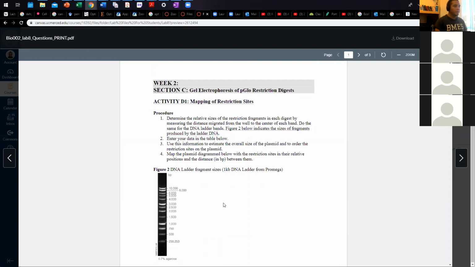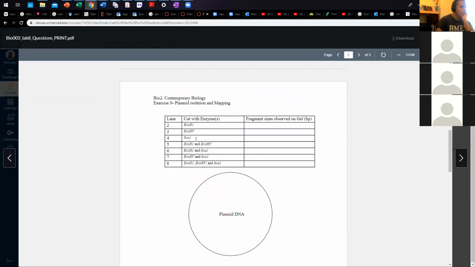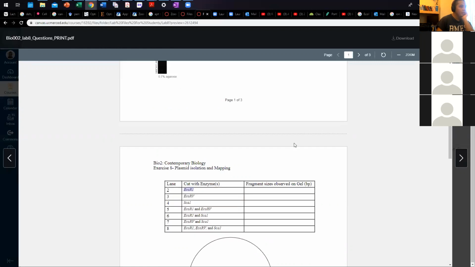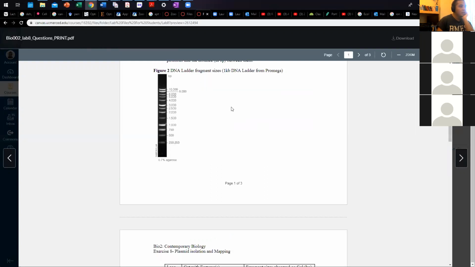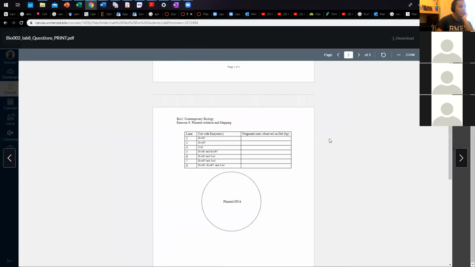Okay, yeah, no. So I'll just keep explaining this. For here, you have to make sure you write down what size fragments you observe based on your ladder. So you're going to label your ladder and then try to correlate the size here with the size of the fragment you have in your actual lane. So like lane 1, you'll have something around here, and then just keep going and make sure you label all of them. And then by knowing the different combinations,